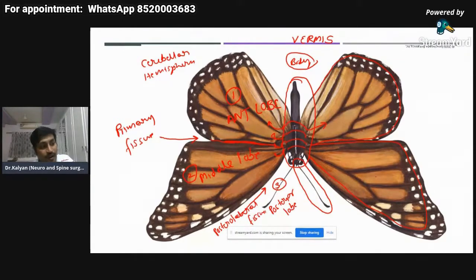Draw it on your screen. Use your finger, point out the body, the vermis, and say this is the vermis. Were you able to identify the vermis? There is a delay of 10 seconds between my speaking and you hearing it, but it's okay. I will wait for you. If you have not understood anything in this diagram, I will answer it back. Because if you don't understand this, once I complete this webinar, you will forget.